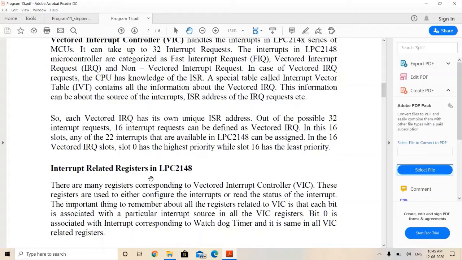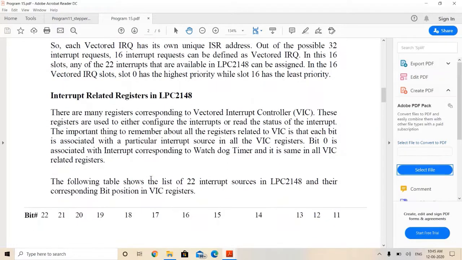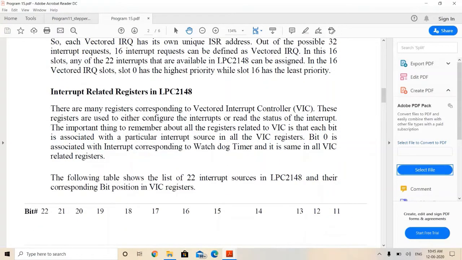Slot 0 has the highest priority, whereas slot 15 has the least priority. Let us see a few interrupt related registers in LPC2148.